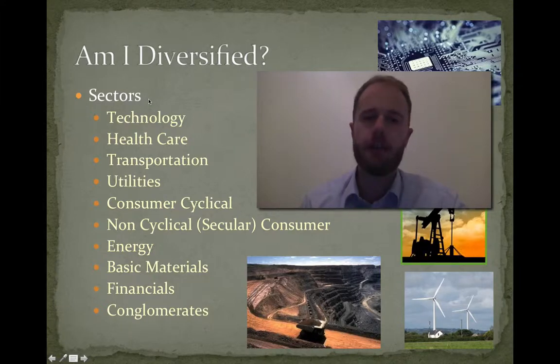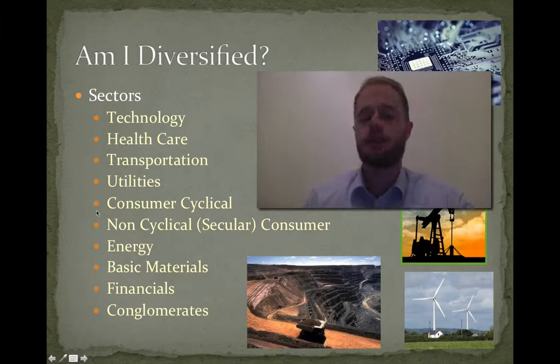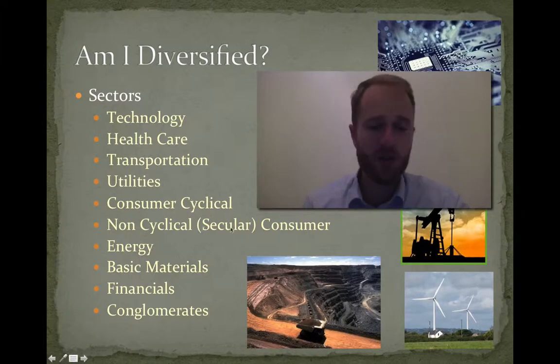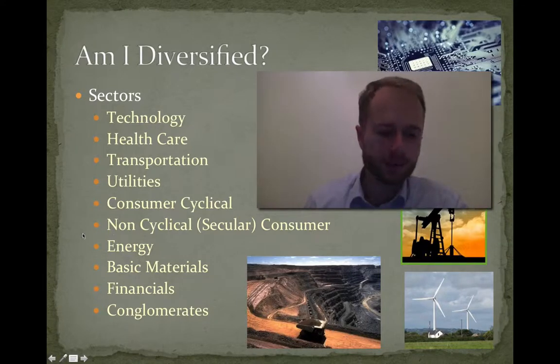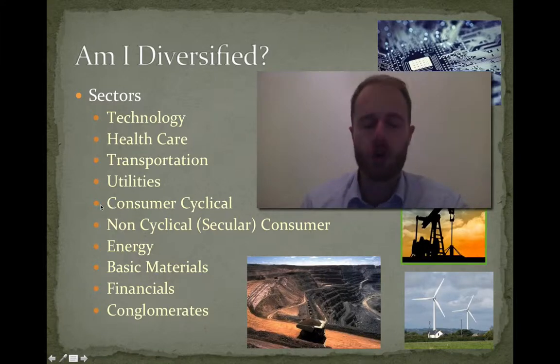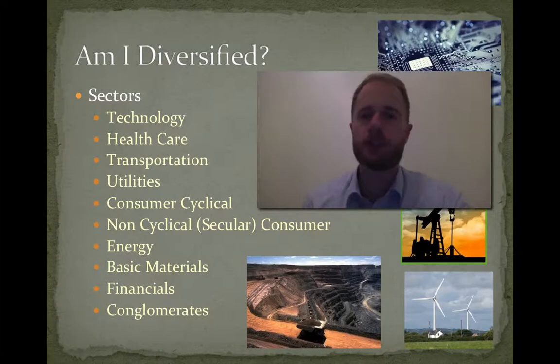So I mentioned earlier families of stocks. We also call those sectors. And the different ones are here like technology, healthcare, transportation, utilities, consumer cyclical, which just means that there are times that these do well or times that they don't. Non-cyclical, which we call secular, which are companies that no matter if the economy is doing bad or good, they do well, like toothpaste or toothbrushes. People are always going to want to brush their teeth, or food. Those are non-cyclical. And cyclical are going to be like cars or fashion or things that people will not spend money on if they can save money because the economy's bad.